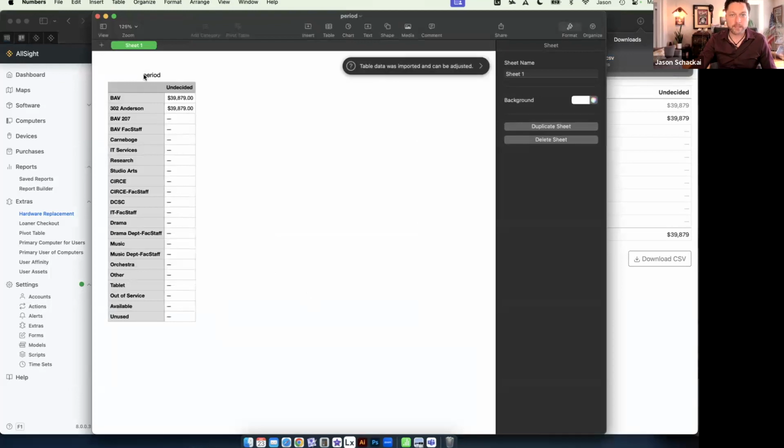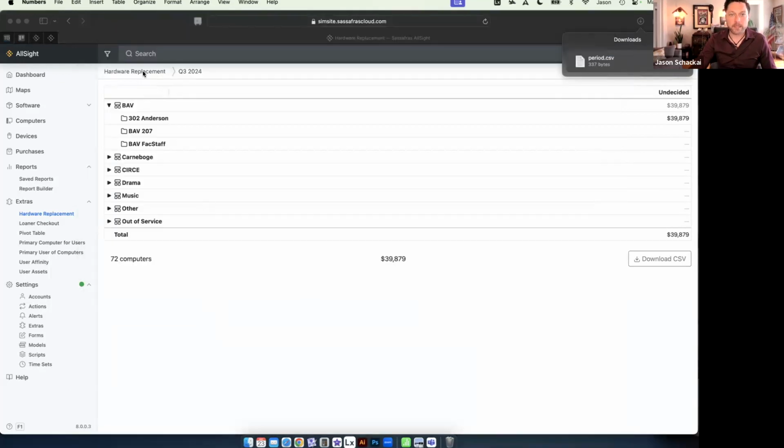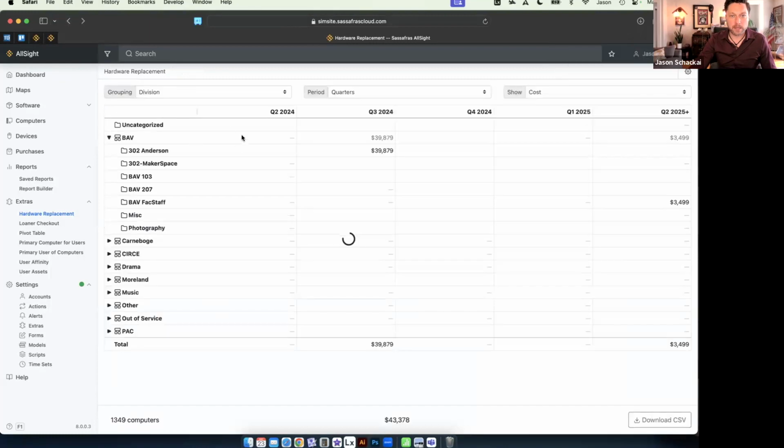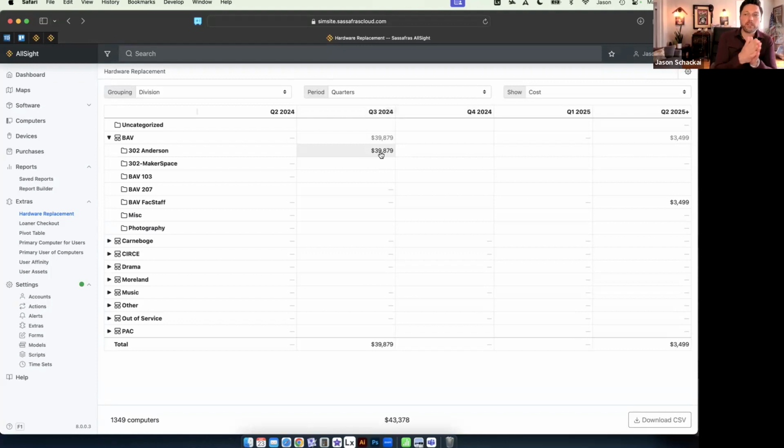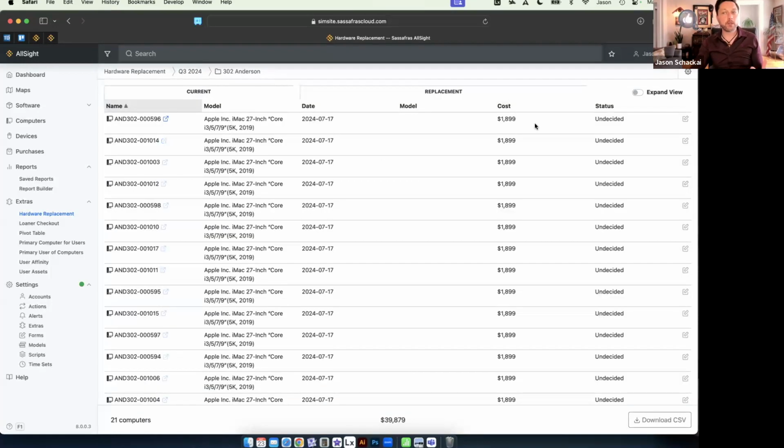So there's that CSV. And then again, if I come back out to the main extra, I could also select a specific division or a specific cell here in the table to get that computer list. That calculation can be made based on a number of different potential fields. And the most basic of those, if I click on this cell here, if I look at this computer list